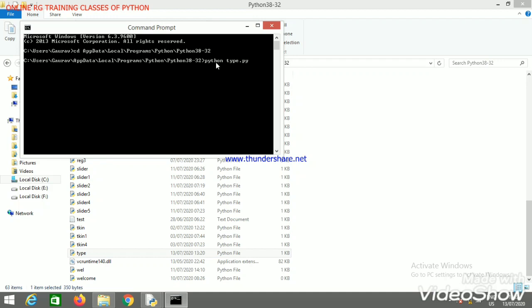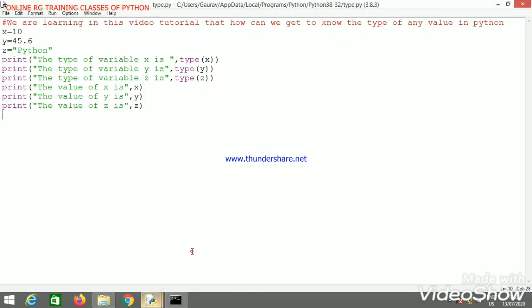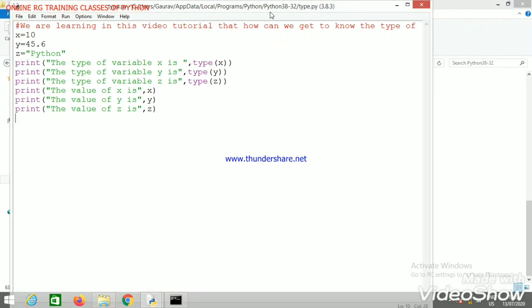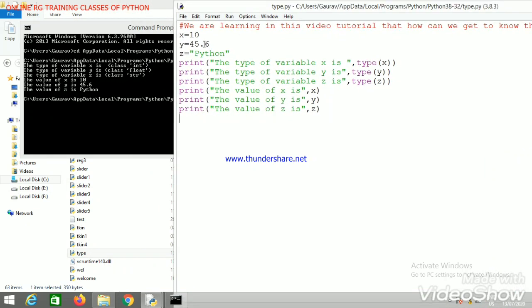Now if we hit enter, you can see we get the values. The type of variable x is of integer type, it is int. The type of variable y belongs to class float. The type of variable z belongs to class string.